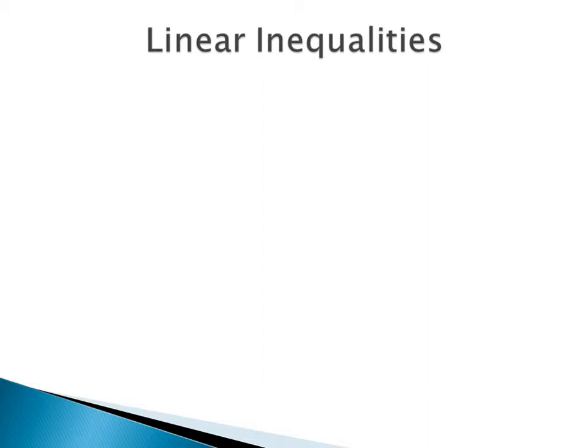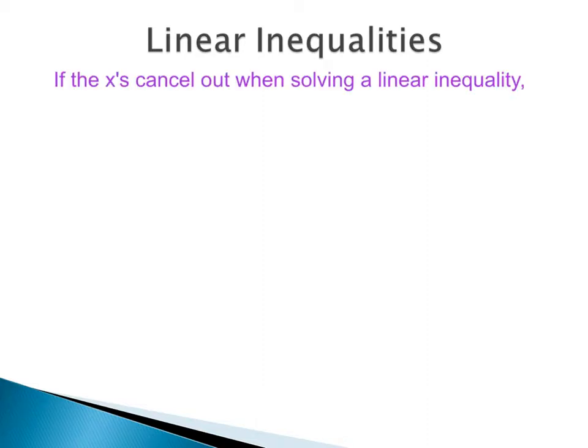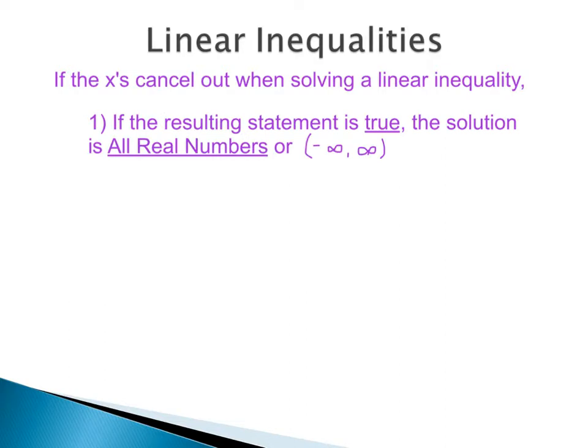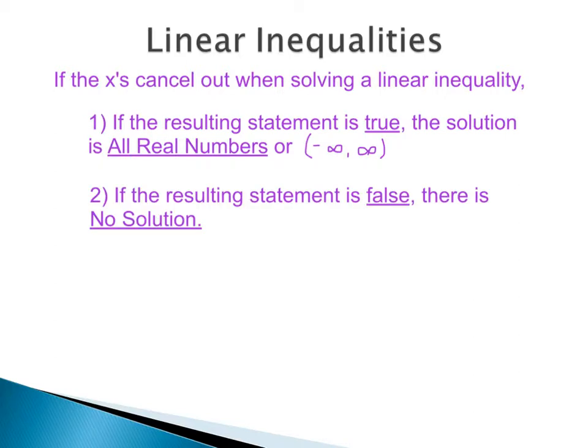So if our x's cancel out, we look at the resulting statement. If the resulting statement is true, then the solution would be all real numbers, or negative infinity to positive infinity when we write it in interval notation. If the resulting statement that we have is false, then there's no solution, or we would have the empty set. So looking at what we have, the statement 3 is greater than 2. Well, I think that's a true statement. I think that 3 is greater than 2, which means that our answer in interval notation would be negative infinity